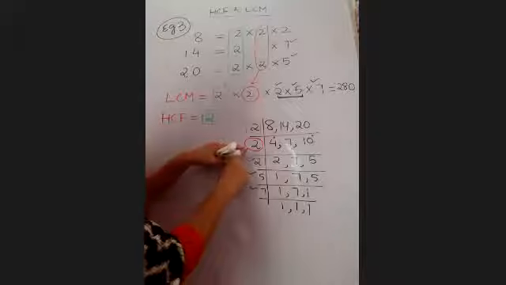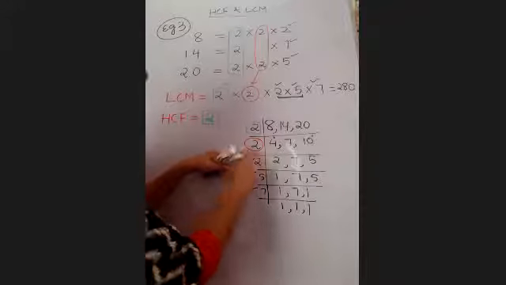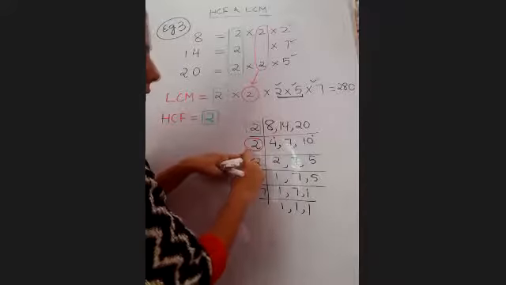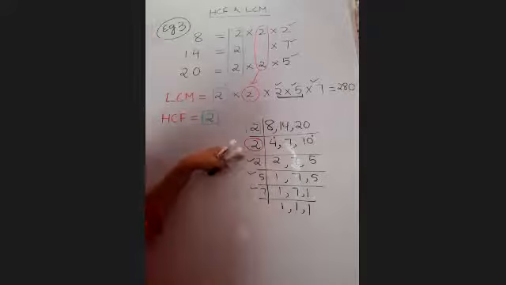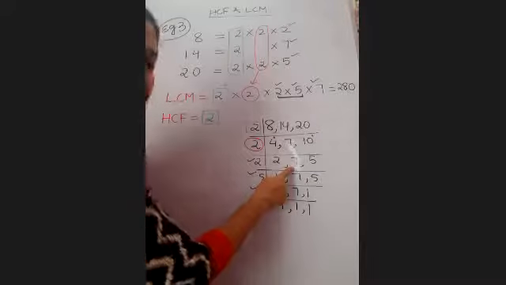So beta, but we do like this only, no? You have been doing this in class 7, 8, 9. We divide by the numbers. So 7 it doesn't divide. We write 7 as it is. It's dividing 4 and 10, but not 7. So 7 will appear as it is.